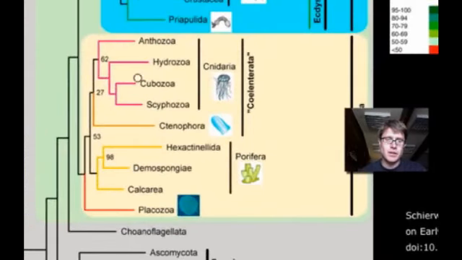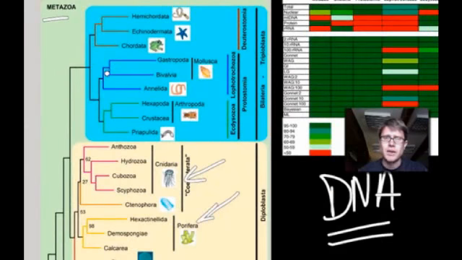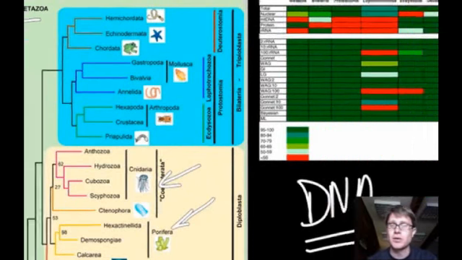But we have this group down here of the jellyfish and the sponges down here on the bottom, and then we have this group up here which contains things like us. And so scientists weren't sure if this branched off early or if these branched separately. And so what they did is they gathered a huge amount of DNA evidence. And so you can see here that this was a very large study done on a number of different families,